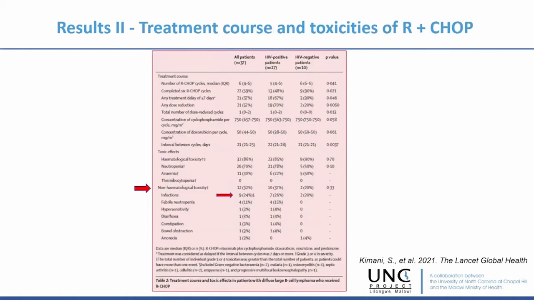For a primary endpoint of safety, 32% of participants developed grade 3 or higher non-hematologic toxicity. The most common was infection, which occurred in 9 patients, which is about a quarter of the population. There was significant difference in tolerable treatment intensity by HIV status. This is reflected by the lower number of treatment cycles completed, higher frequency of treatment delays, as well as a higher frequency of dose reduction. This is probably due to the greater severity and longer duration of neutropenia. It's worth noting that in this study, GCSF was not available.